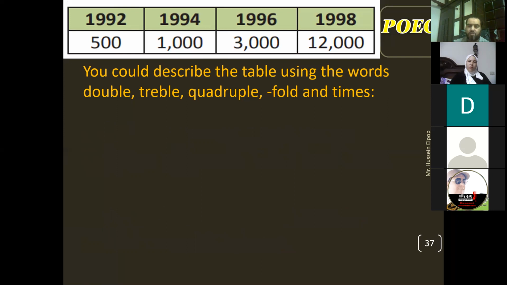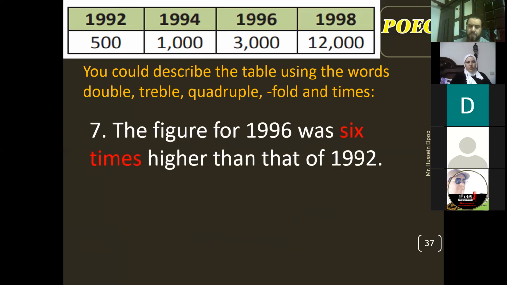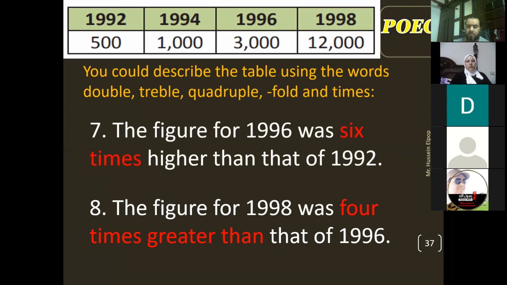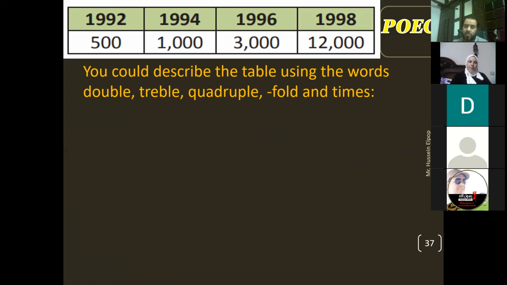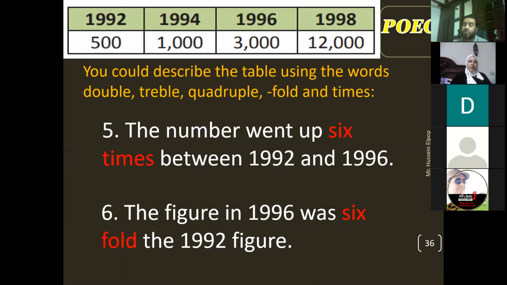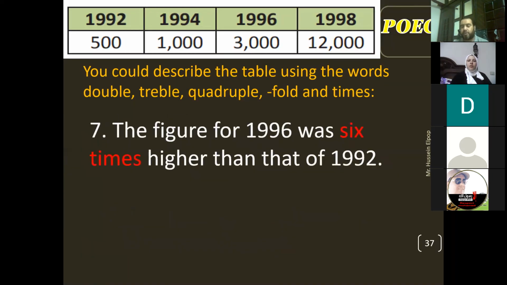Now here, what's this? The figure for 1996 was 6 times higher, 6 times greater. That's a different way. Last time in number 6 we said, look at number 5, the number went up 6 times. Another way to say this, the figure for 1996 was 6 times higher than what it was in